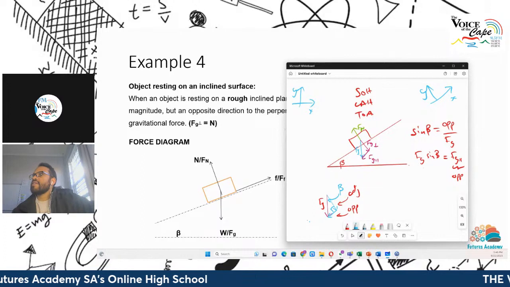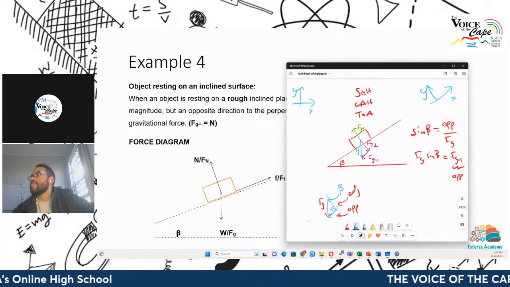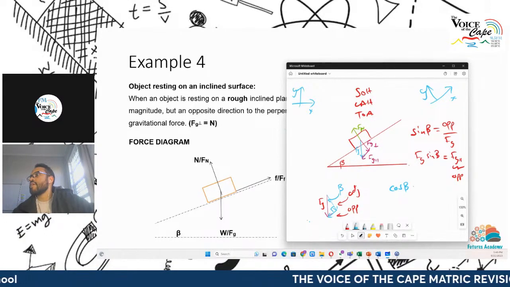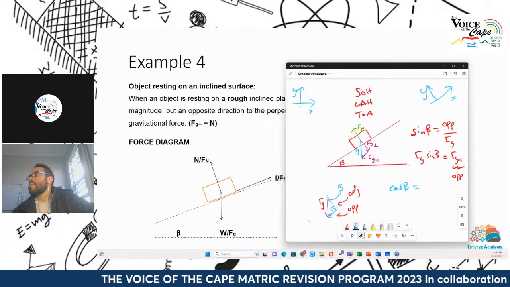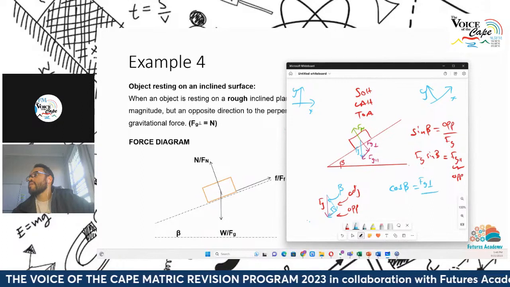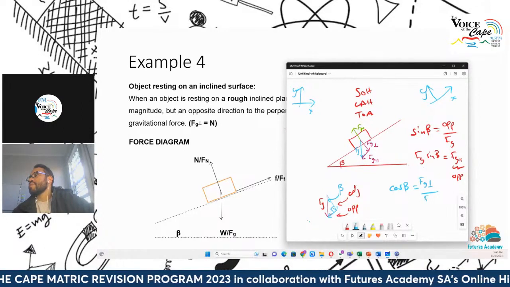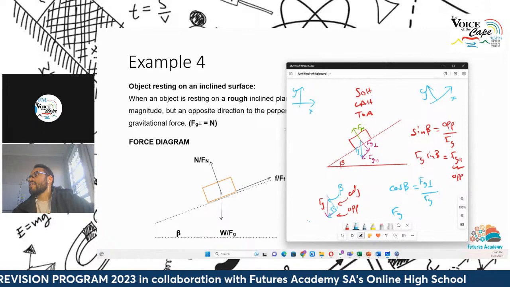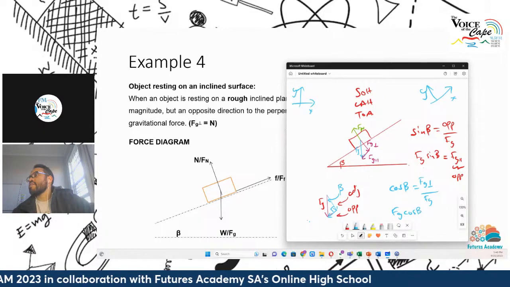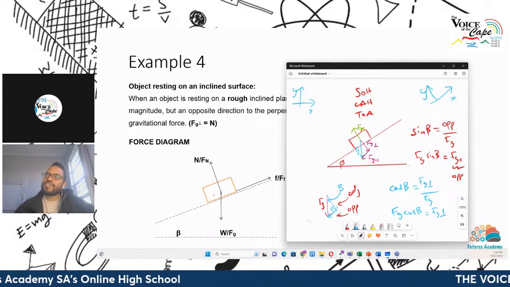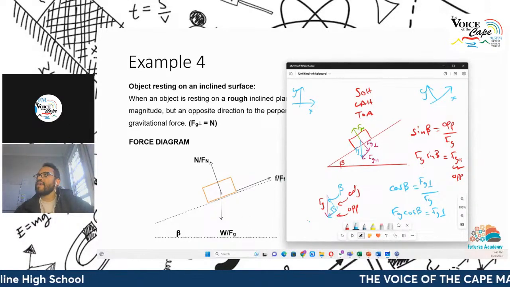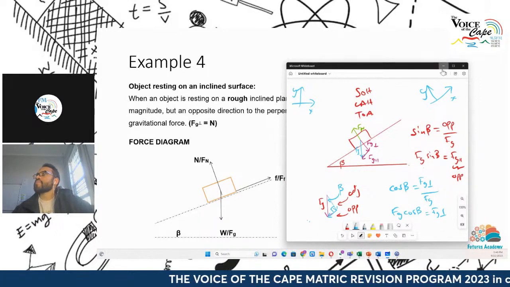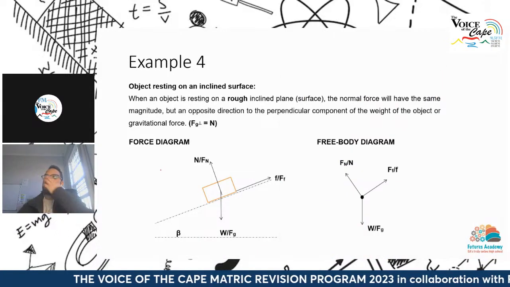Then if we construct another trigonometric ratio, if we involve cos, we know cos of angle beta is equal to the adjacent side, but the adjacent side is actually Fg perpendicular, divided by F little g. And we solve for that, we get Fg cos of beta is equal to Fg perpendicular. So parallel to the slope, we got a ratio involving sine, and perpendicular to the slope, we got a ratio involving cos. Okay, so let's go back to the summary over here.